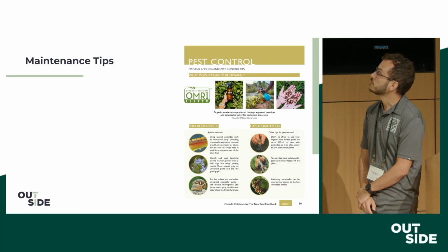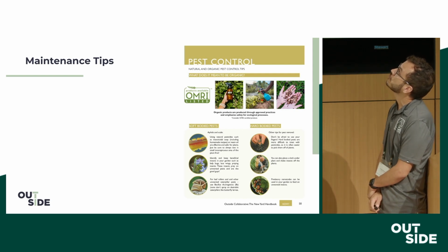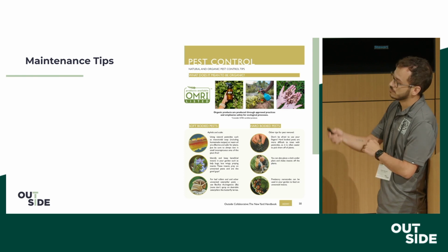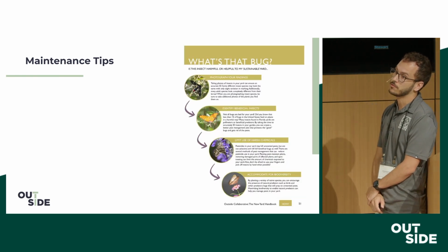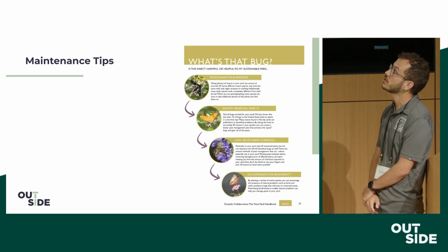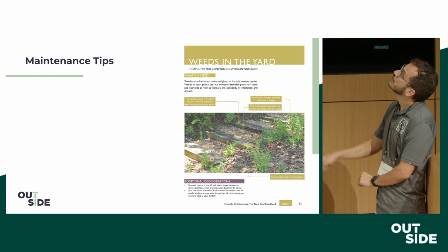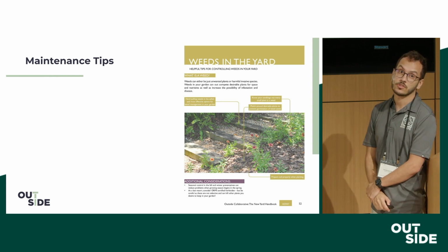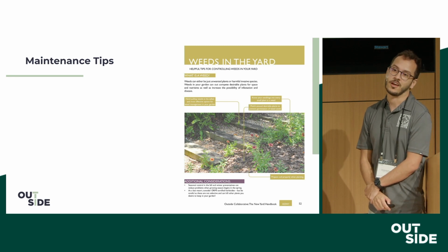So I'm going to quickly go through these sheets. A lot of cool sheets though. We have one about pest control, how to identify harmful or helpful insects in your yard. Weed control, controlling weeds in your yard. Is that really a weed? Maybe not,